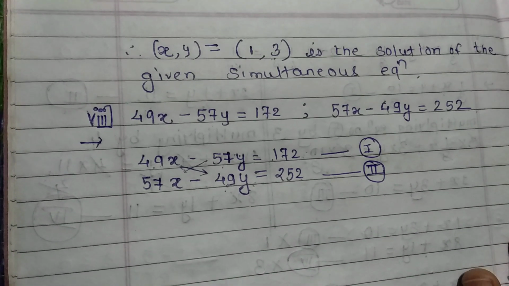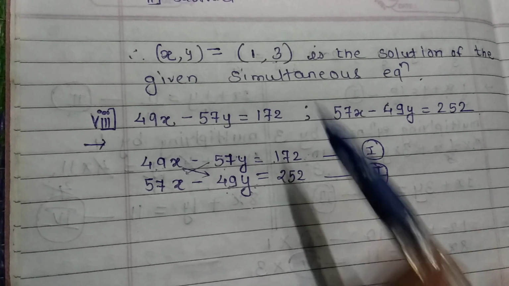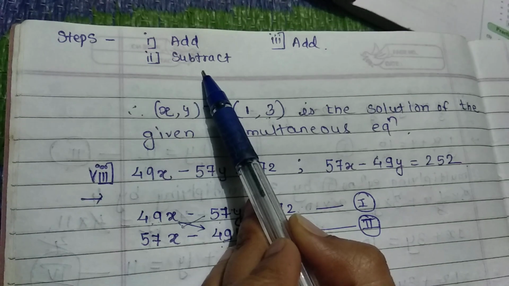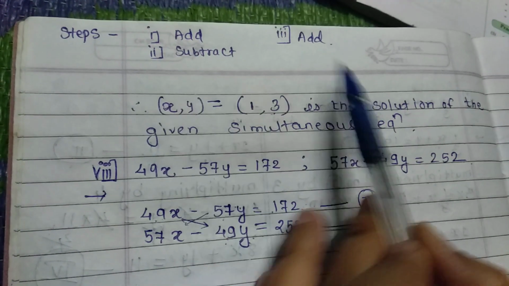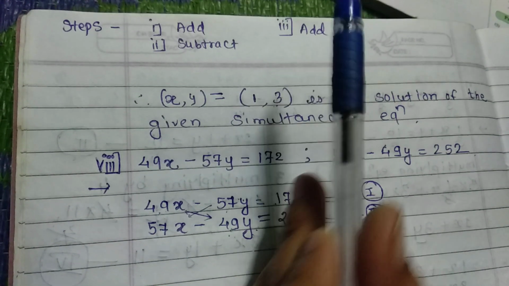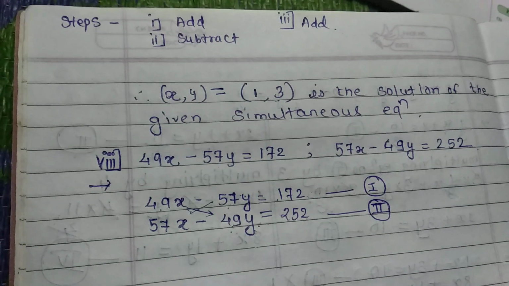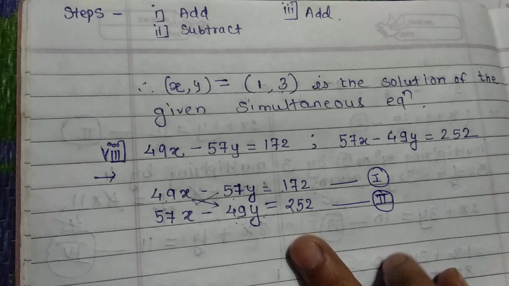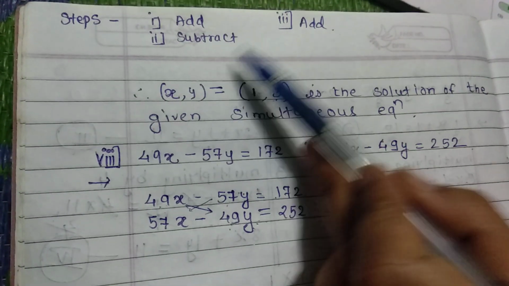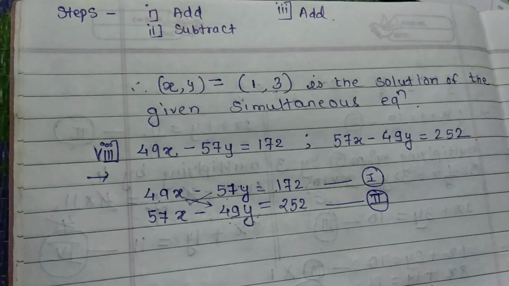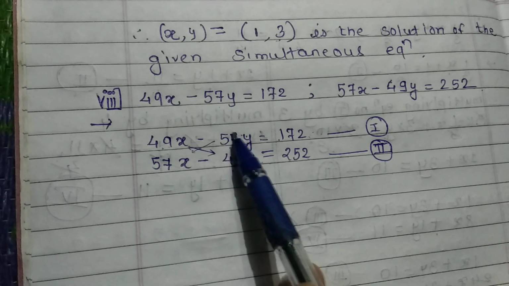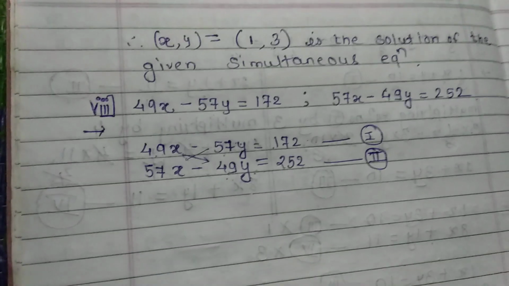For that method there are only 3 steps. The steps are add, subtract and add. This is the shortcut method to keep in mind. What is the meaning of this add, subtract, add? You will not understand it now, but when I explain the sum with the proper method, you will get exactly the meaning of this add, subtract and add formula. Since the multiplication is going to take time, we are going to use this.